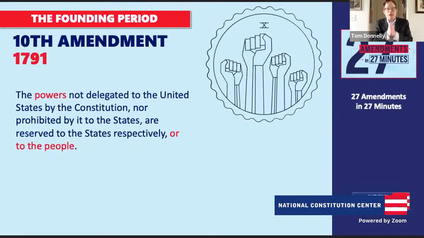The 10th Amendment speaks to the powers that are reserved to the states and to the people. And so before we had a new US Constitution, the states had really, really broad powers. And the states were seen as the governments that were closest to the people. So the states were really seen as expressing the views of the people in a really closely related way. And the 10th Amendment was all about recognizing the great amount of power that remained in the states. It honors our constitutional system's commitment to federalism, which is that some power is going to go to the national government, but a lot of power is going to go to the states. And the states, like you said, as representatives of the people, even closer than this big national government.